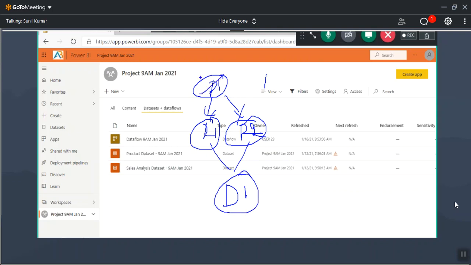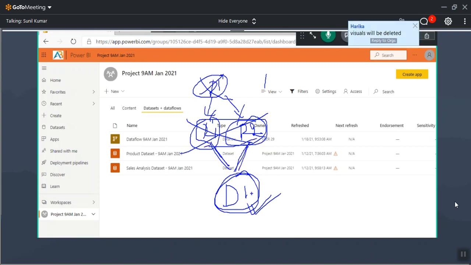Now the question is, when I delete this data set, what happens to these 2 reports? The 2 reports will be completely deleted. What happens to this dashboard? Will the dashboard be there or will it be deleted? The dashboard will be there, but every visual in the dashboard will be deleted. You only kept the visuals from report 1 and report 2. When both reports are deleted, every visual in the dashboard will be deleted. Still the dashboard will be there.